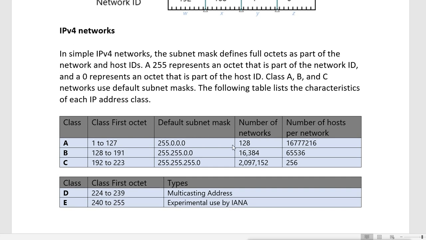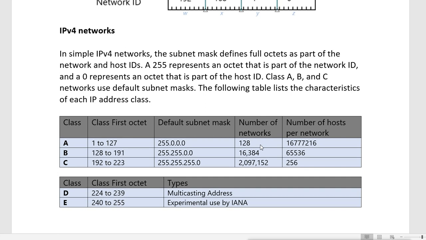That means you will get separate subnets and separate networks, 128 in class A. And in each of those 128 networks you will get this number of hosts, the number of hosts per network.